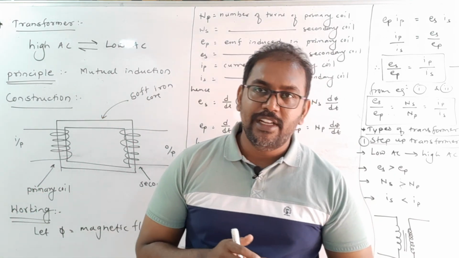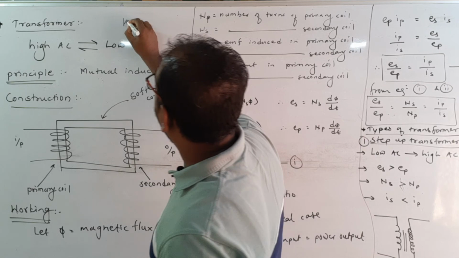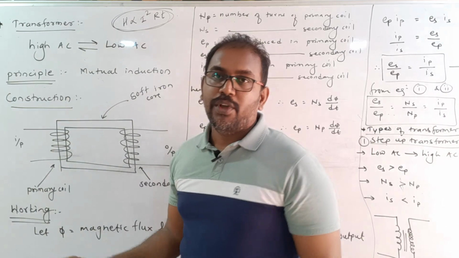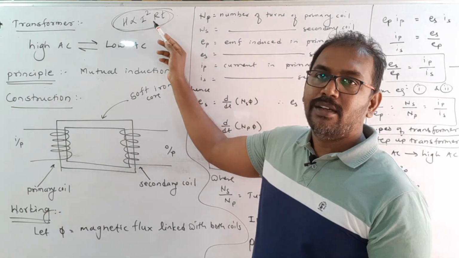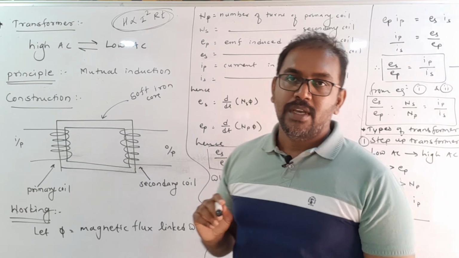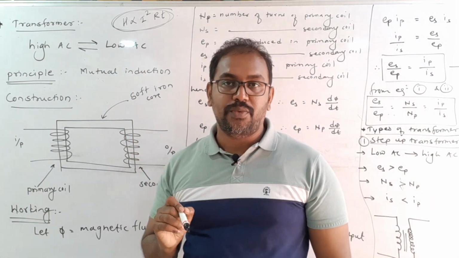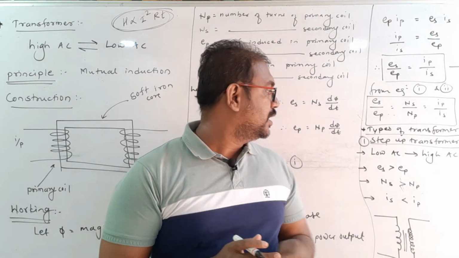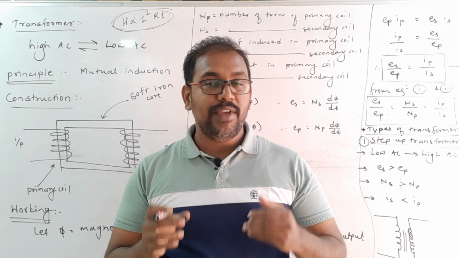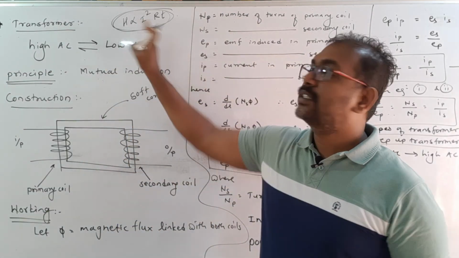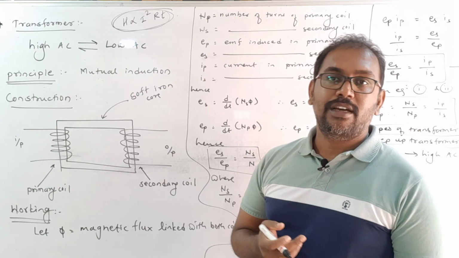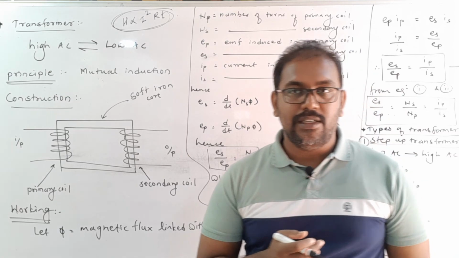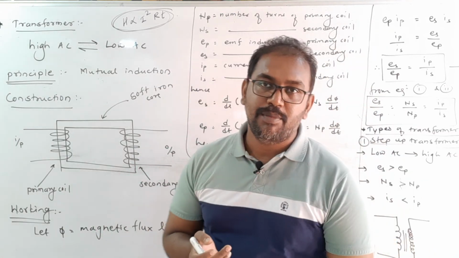In a previous standard, you already learned about heat produced in a conductor. Heat produced depends on I square R T. This is Joule's law. So heat produced depends on current squared multiplied by resistance and time. When electricity is passed from one city to another, we increase the voltage in the step up transformer, but we decrease the current. As we decrease the current, the heat produced is also less. So it is beneficial to decrease the current, and we are decreasing the current in the step up transformer.